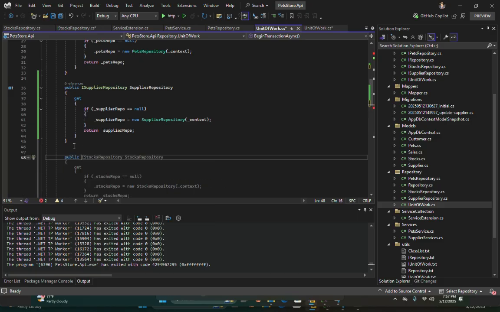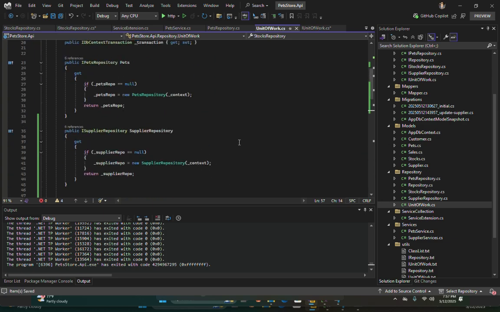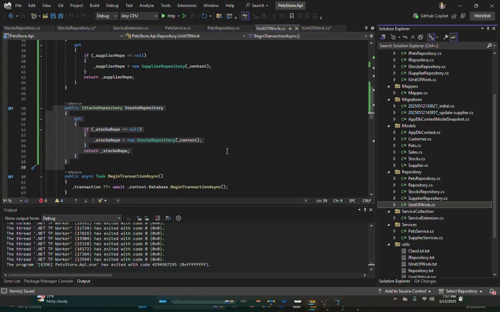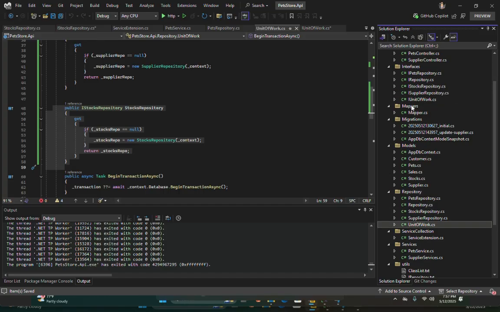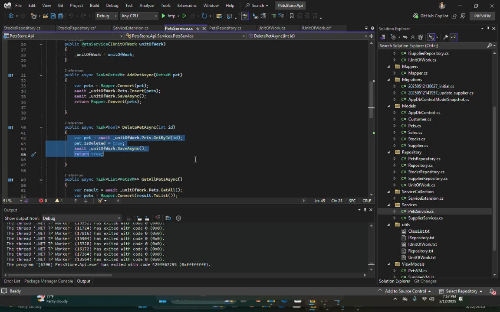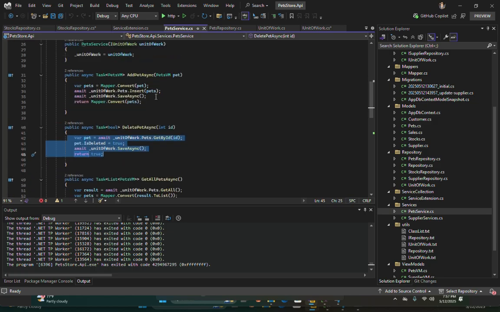Now my stock repository is bundled inside the unit of work, so in the pet service I can get my repository here.